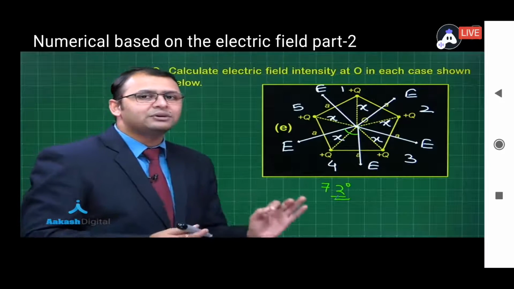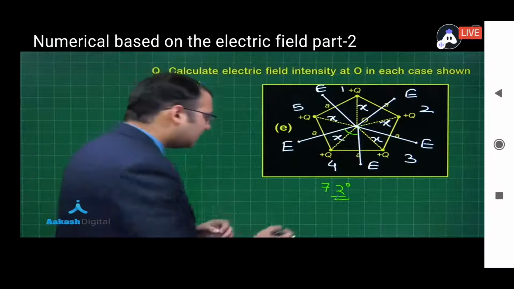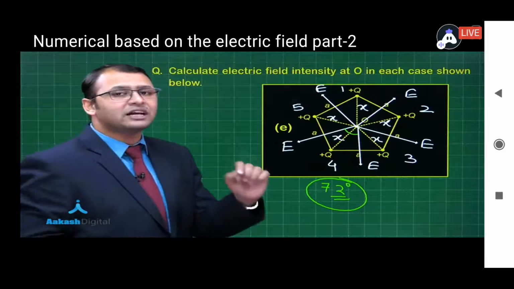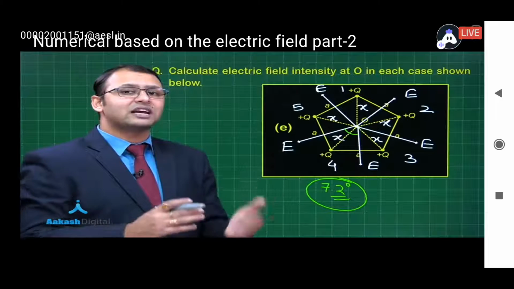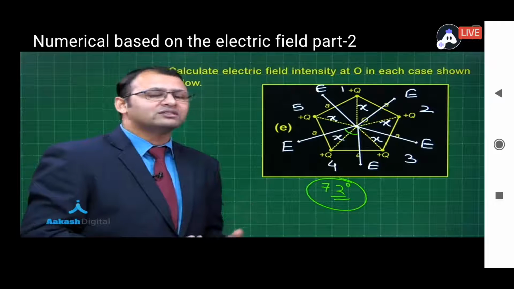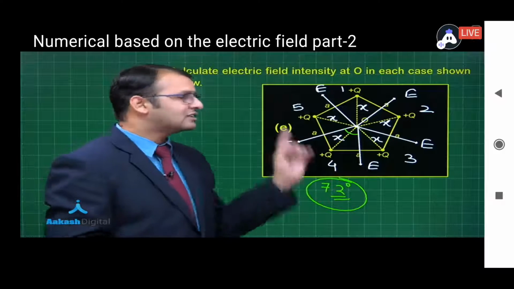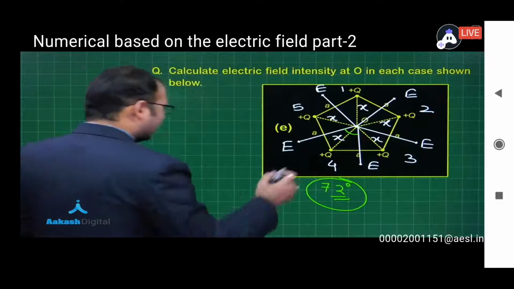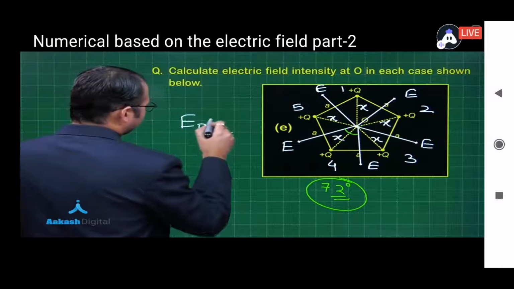That means the angle between every two electric fields is 72 degrees. That means every vector divided by the sine of the angle opposite to it will be E upon sine of 72, and in every case it is coming out equal. That means the electric field at point O will be